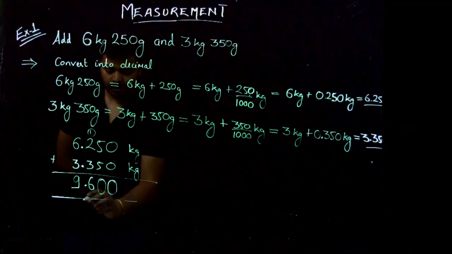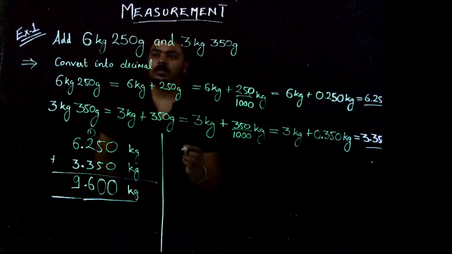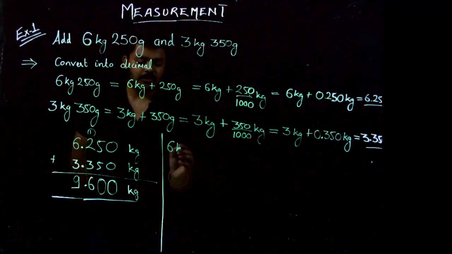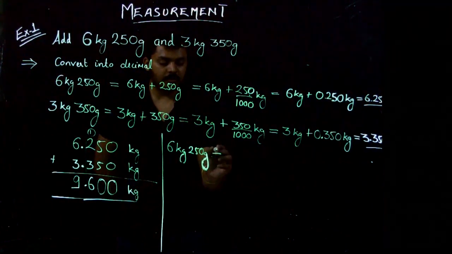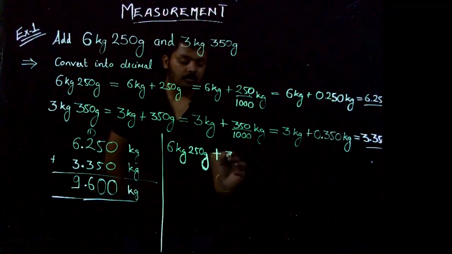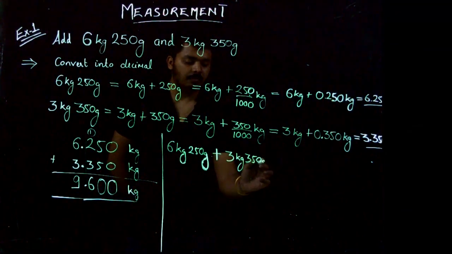So 9.600 kg. So we can say 6 kg 250 gram plus 3 kg 350 gram is